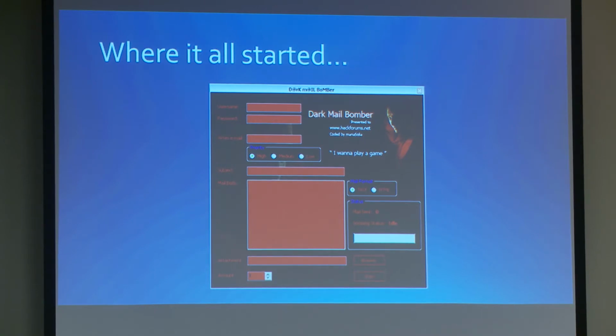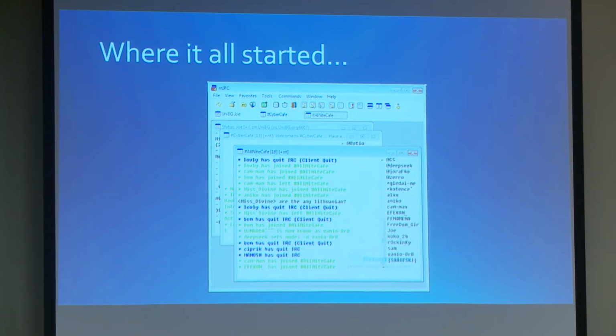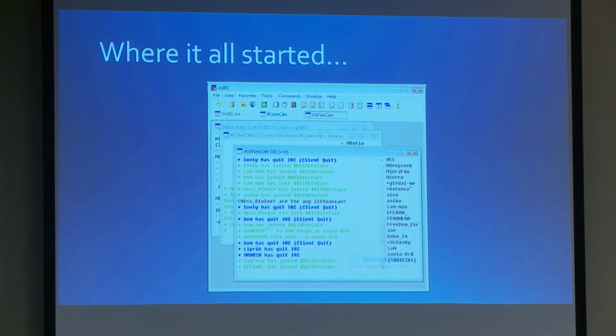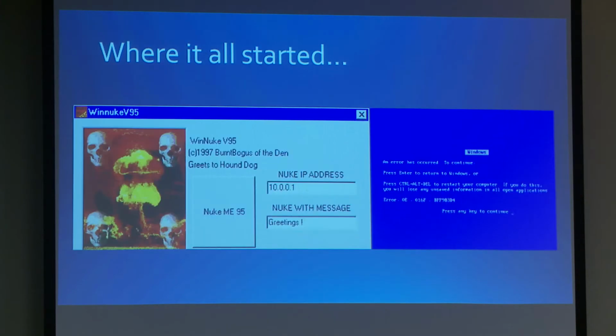And it took a turn even worse when I found IRC. When I found IRC, what I found was it was almost like a king of the mountain competition. It was basically like all these rooms, and you would figure out different ways to get ops in these rooms, to take control of the rooms. And then, of course, what you do when you get ops, when you take control of the rooms, you kick everybody else out and you play king of the mountain, right? So that was me. I would play with WinNuke. I would knock people off the internet. And that was me, right? That was my early days.